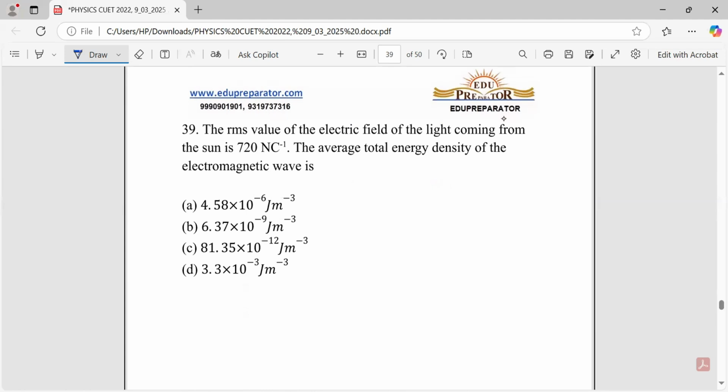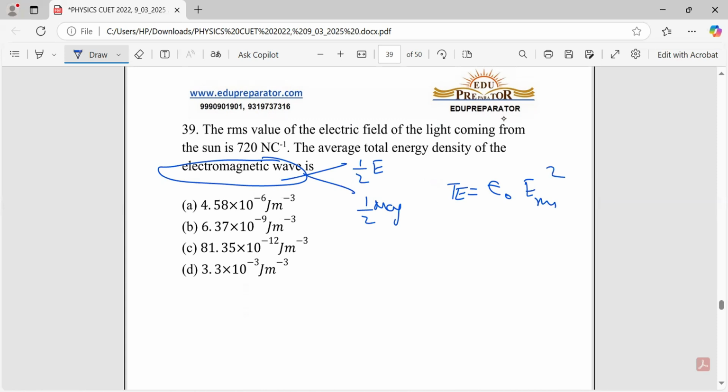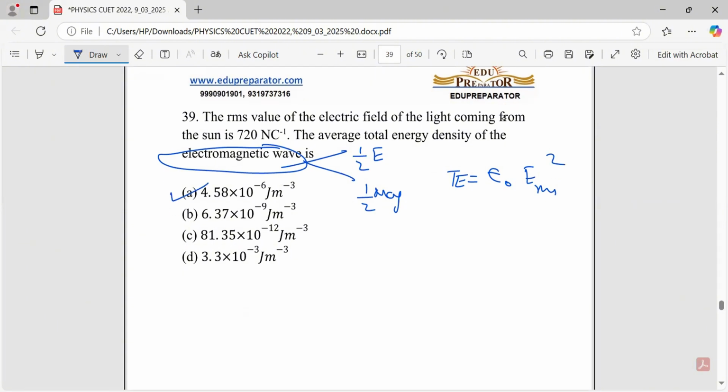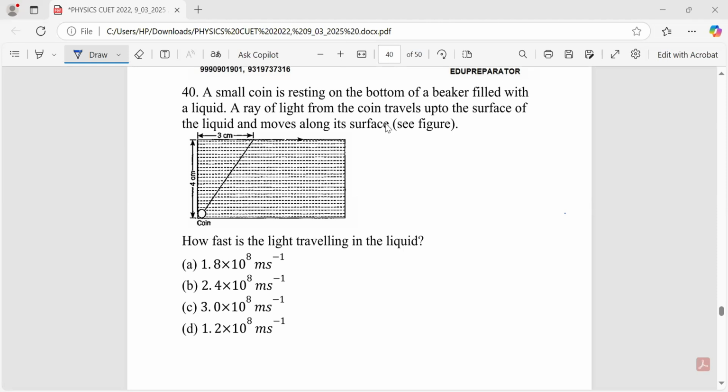We know that in case of electromagnetic waves, you have energies half electric and half magnetic. So the total energy is equal to epsilon naught E root mean square whole square. You are given बेटा इलेक्ट्रिक फील्ड का वैल्यू दे रखा है, एप्सिलॉन नॉट की वैल्यू बेटा हमें मालूम है, द आंसर कम्स टू बी 4.58 into 10⁻⁶. हाँ जी, क्वेश्चन नंबर 40th is the one which involves the concept of